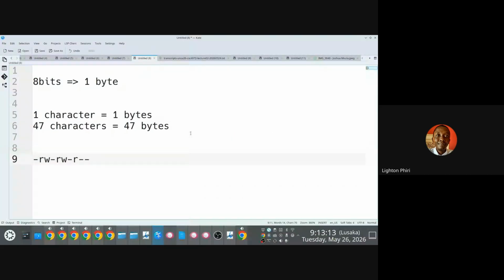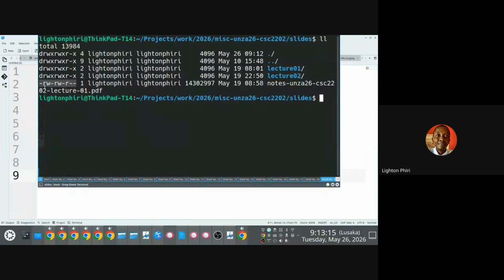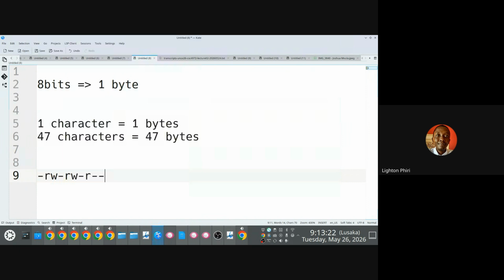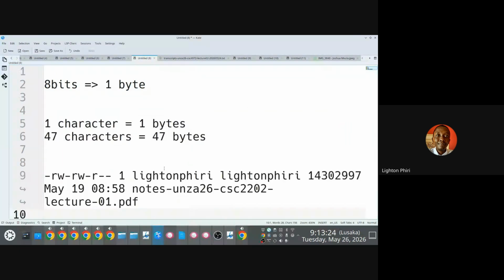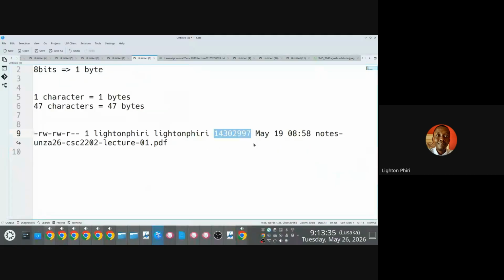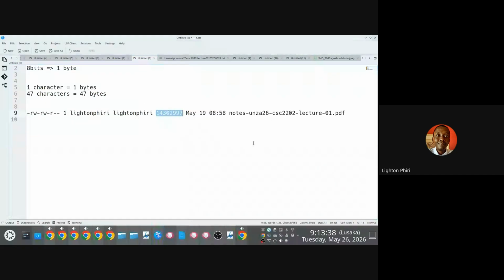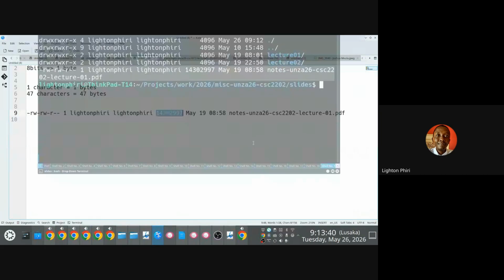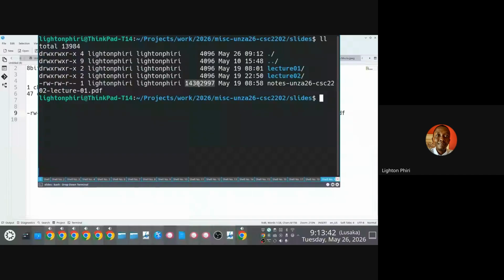That on a Unix-like operating system, right? Owner, right? This is a group associated with the file itself. The size on disk, right? In bytes for now, right? In bytes. How do we know it is in bytes? Well, we can derive this. This is in bytes, right? We can convert this to